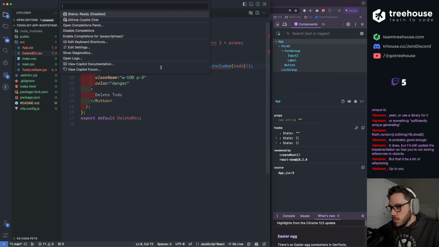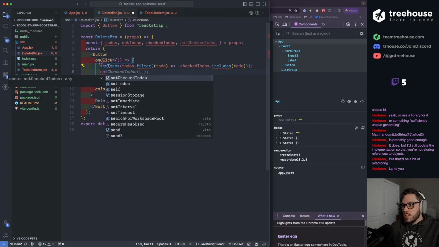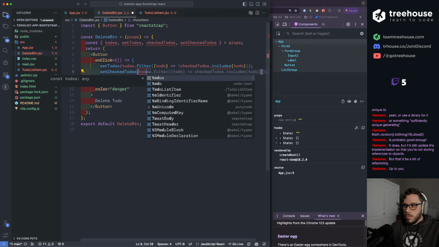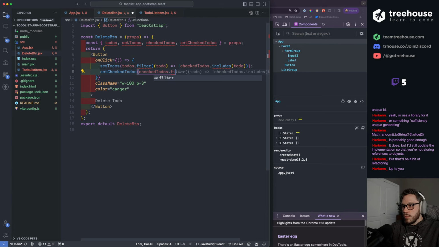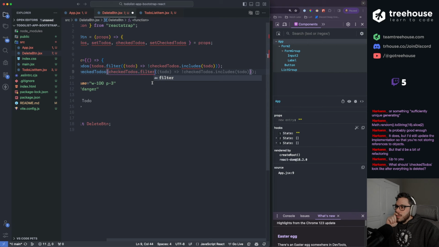Let's set up Copilot again. So setCheckedTodos, and I want checkedTodos.filter, todo, checkedTodos.includes(todo).